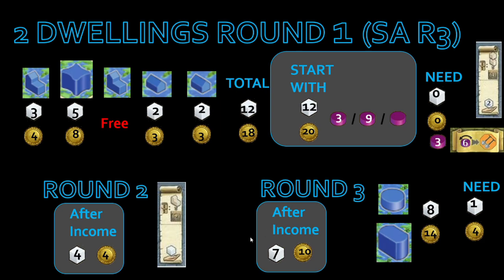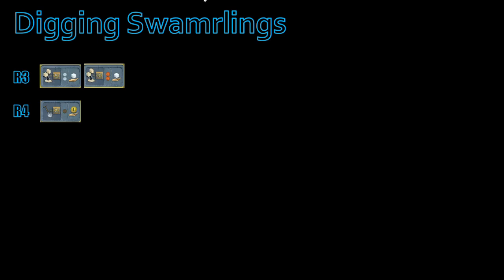So that's, I find, the last possibility here, which is digging Swarmlings. It's not so much an opening as a strategy for the track, especially if there's, well, almost always. For this strategy, you will need the round 4 digging, so that's the most important thing. But if you can get big building in round 3, I find that's very helpful. And also temple or trading post in round 6,